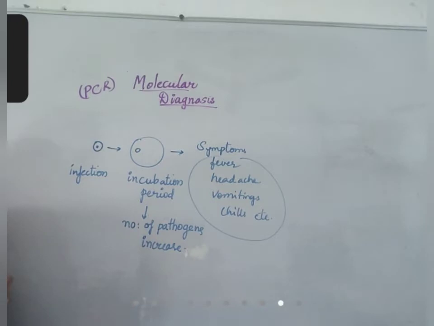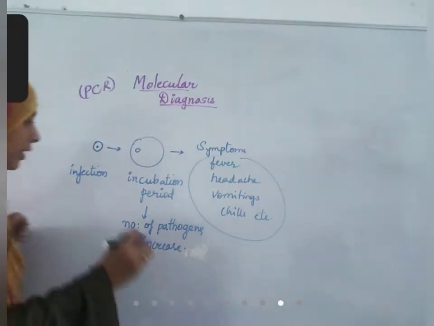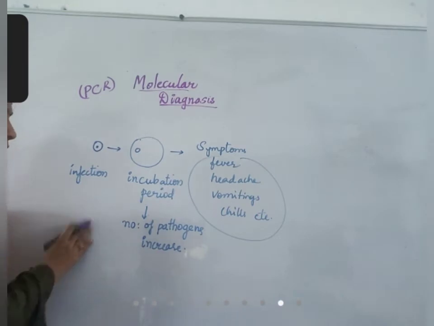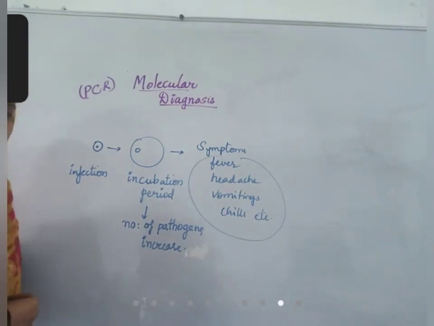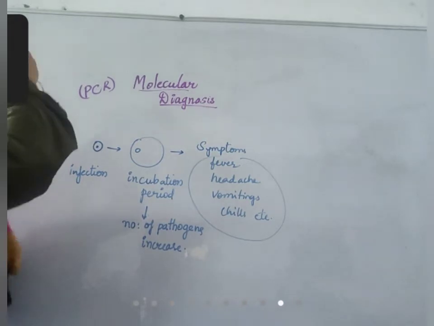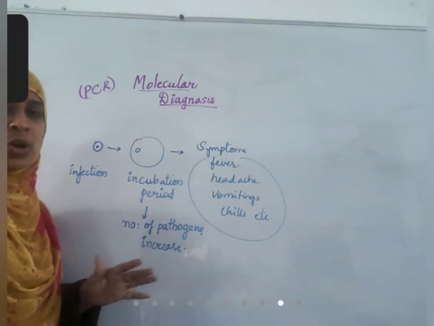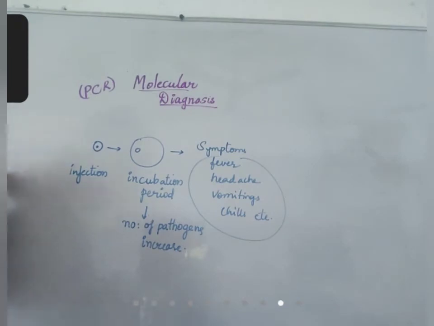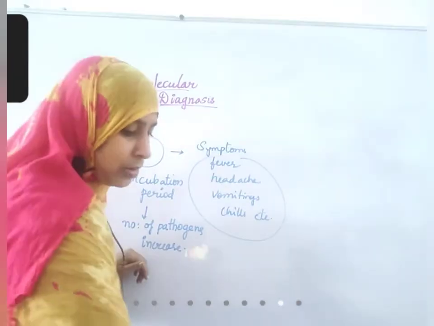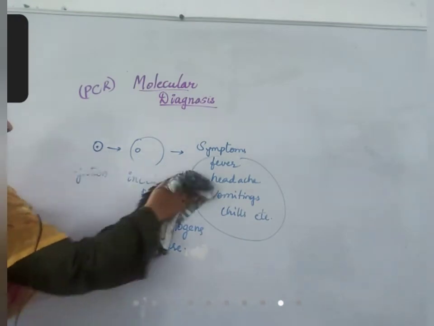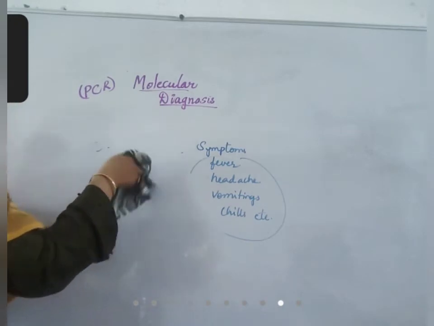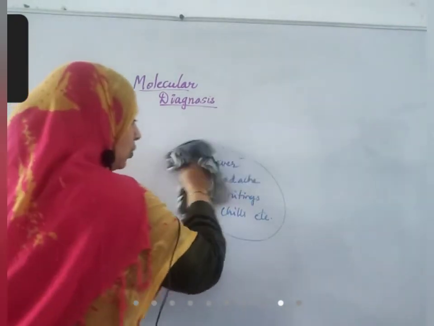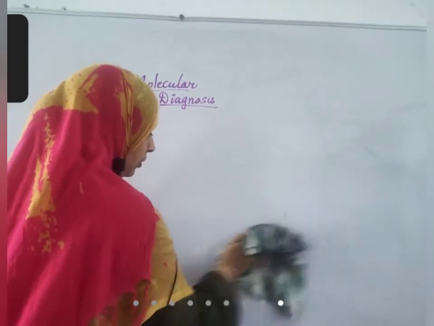So, there are techniques now by which we can identify the infection in between. Now, you go for a corona test before the symptoms, and your diagnosis is done before the symptoms appear. Before that, you will understand whether corona is there or not. How is it possible? By this technique called PCR. In this PCR technique, the number of infective organisms is increased. How are they increased? I'll show you.